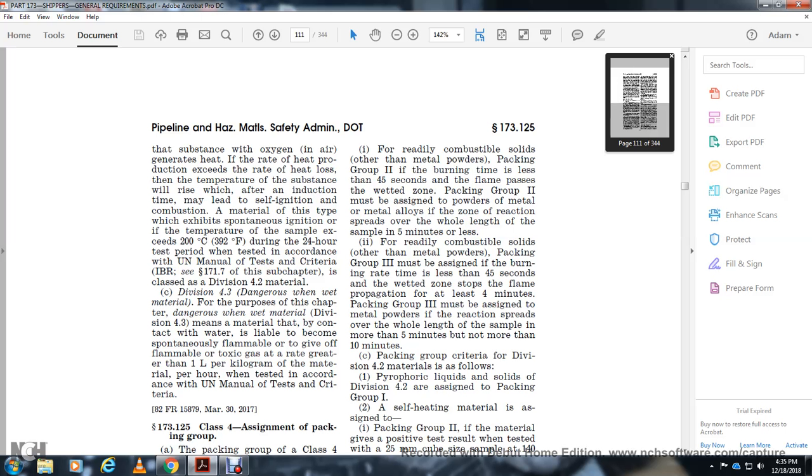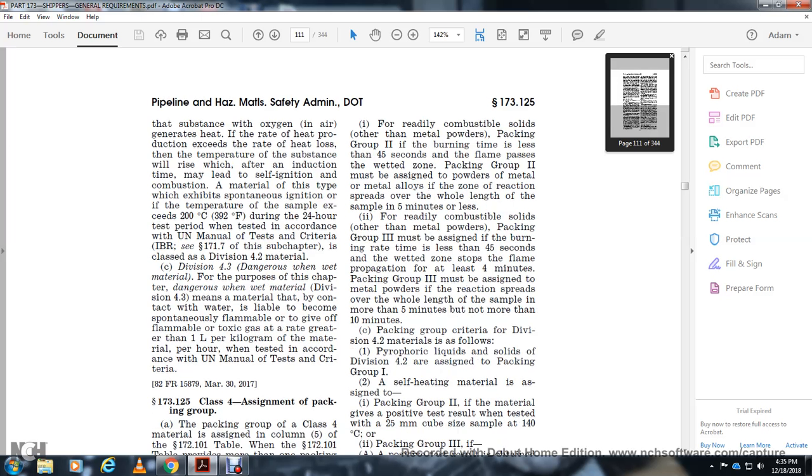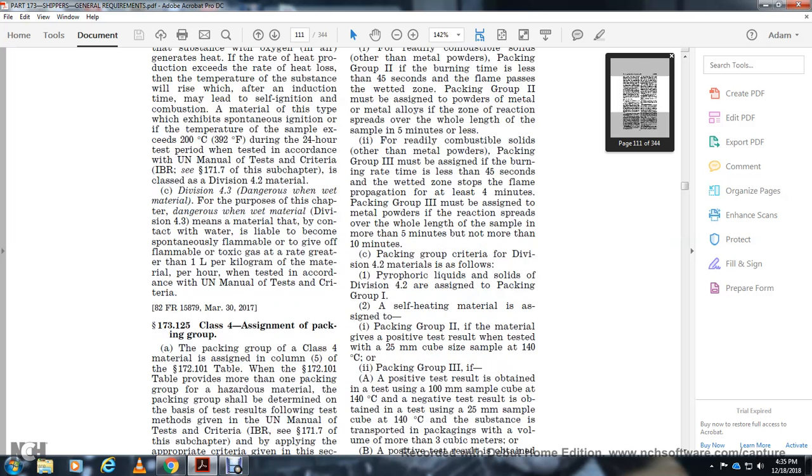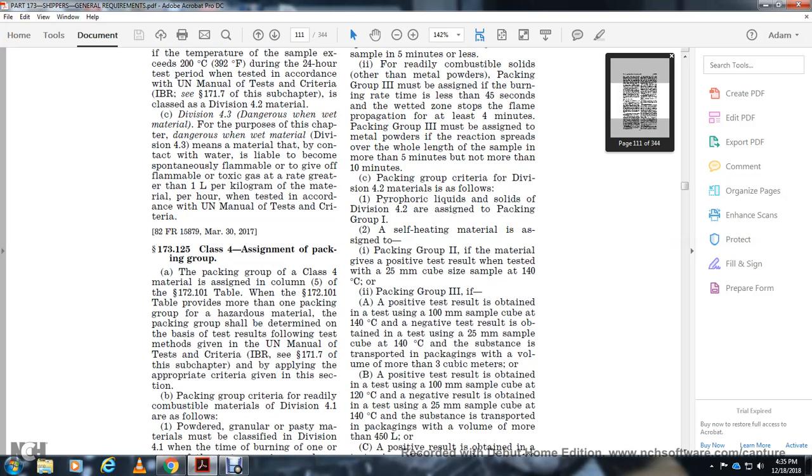Packaging group criteria for Division 4.2. A solid or liquid pyrophoric material of Division 4.2 is assigned to packaging group 1. Self-heating material is assigned to packaging group 2 if a positive test result is obtained with the 25 millimeter sample cube at 140 degrees Celsius. Packaging group 3 applies if a positive test result is obtained with the 100 millimeter sample cube at 140 degrees Celsius